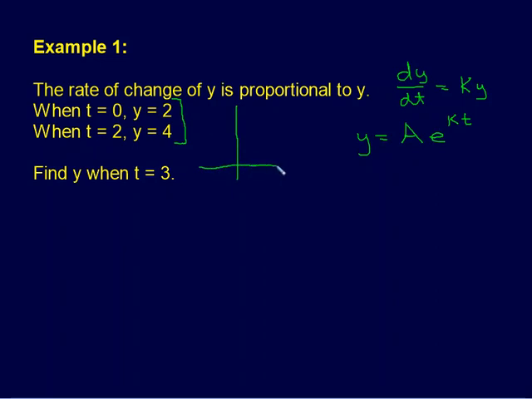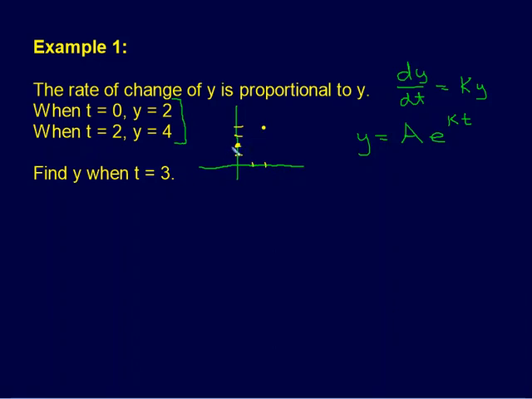So if you think about it, the graph of y equals a e to the kt, hopefully you're a little bit familiar with the graph of y equals e to the x, which this is just a different version of that. It'll be scaled a little bit differently because of the quantity a and the quantity k, but essentially, if the quantity is growing, which this one is, when t equals 0, the y was 2, and when t equals 2, the y was 4. So essentially, you're given 2 points, the point (0, 2) and the point (2, 4),